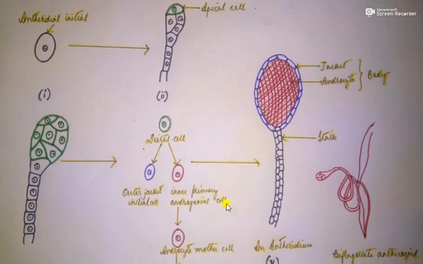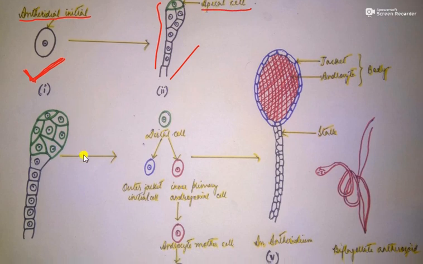Now see, the antheridium develops from a superficial antheridial initial of the stem. So the antheridium will develop from this cell. The cell is known as the antheridial initial. What will happen then? The antheridial initial will develop a small filamentous structure. The terminal cell of this filament is known as the apical cell. The antheridial initial was there, it will form this type of filamentous structure, and the top cell of this filament is known as the apical cell.